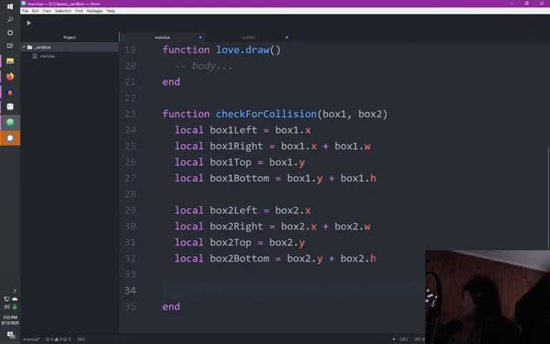So now we can do the actual math to check if they're overlapping. It's basically a big if statement, and I'm gonna break it up into different lines so that we don't have to write the whole thing on one line. There are a bunch of clauses to it, but we'll talk through it. So let's say if box 1,